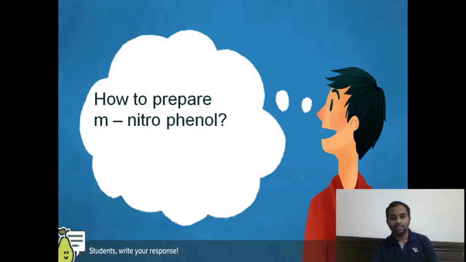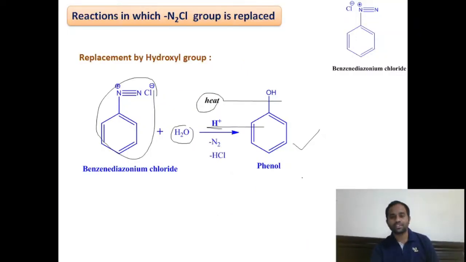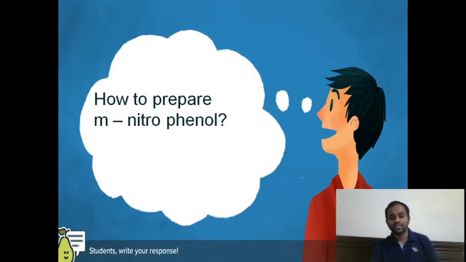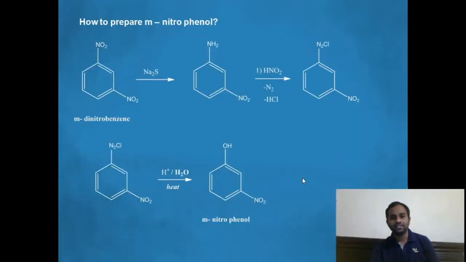We can prepare the metanitrophenol from the previous reaction, which we see in the coming slide. You see here, it is very simple. The reactant we have to take here is metadinitrobenzene. Here this is the reagent, that is sodium sulfide. This is a selective reducing agent. It will selectively reduce only one nitro group and it will be reduced to NH2 group. Thereby we will get this